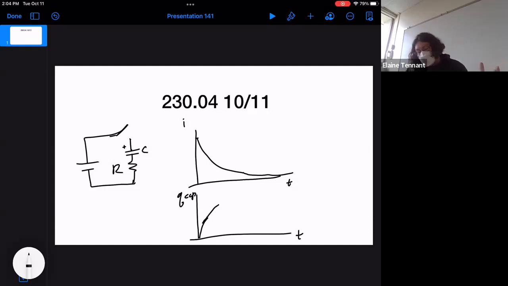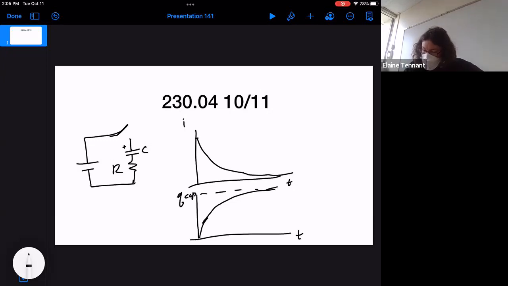Even a little more building up means a little more current flows, and a little more charge gets built up. So the charge gets built up on the capacitor, but it exponentially approaches this limit, this asymptote here,